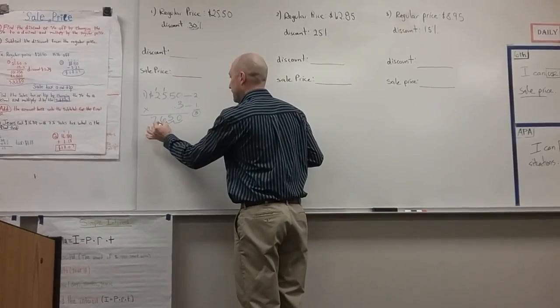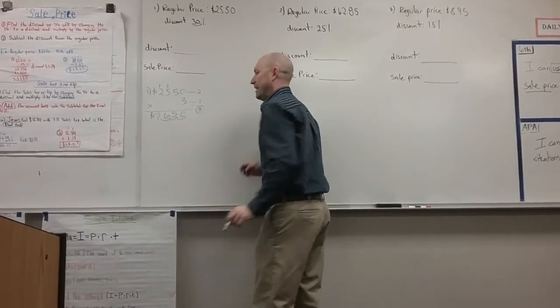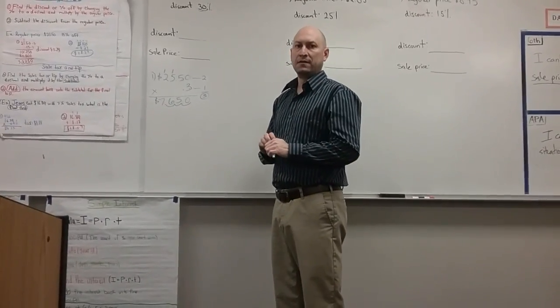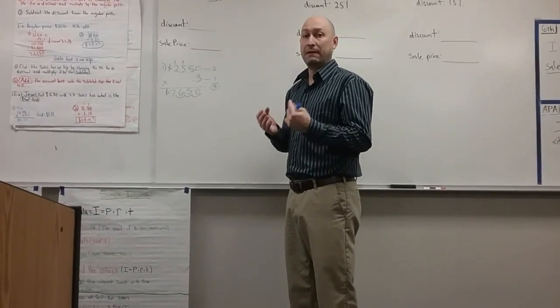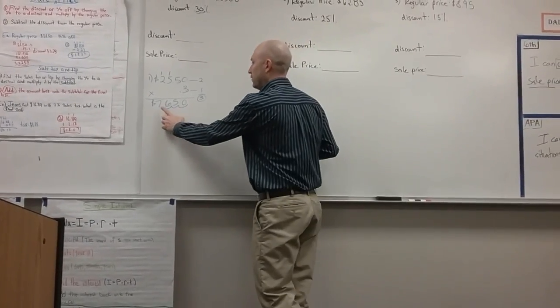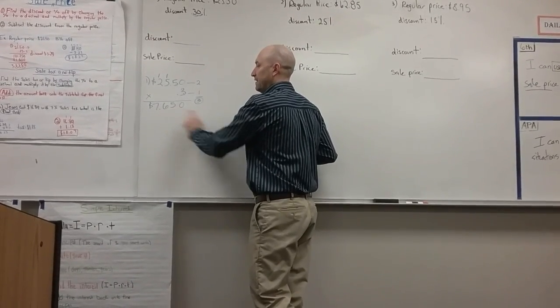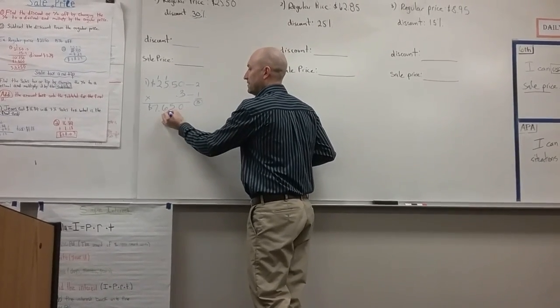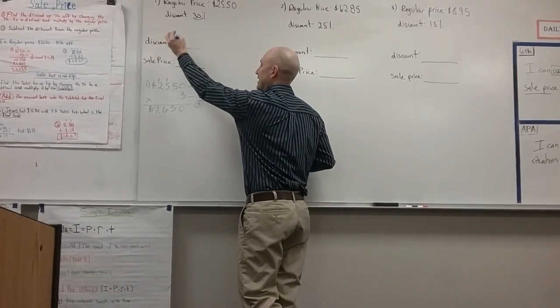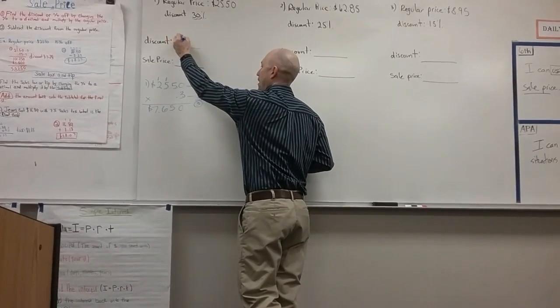1, 2, 3. And we talk about in money that our smallest denomination of coin is a penny, which is our hundredths place. So I always want to round to the hundredths place when I'm dealing with money. In this case, that is a 5. The 0 tells the 5 to stay. So my discount that I have to pull off is